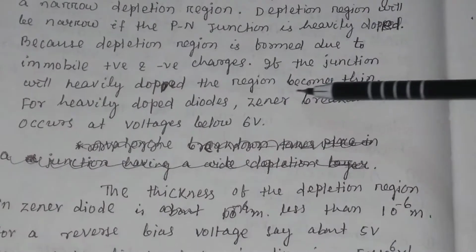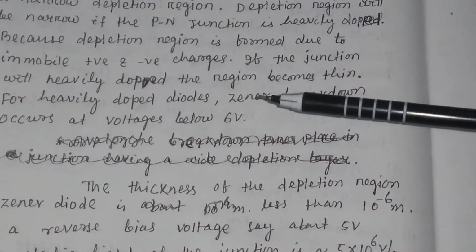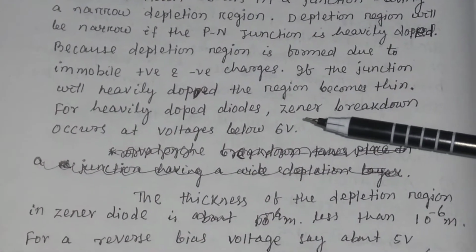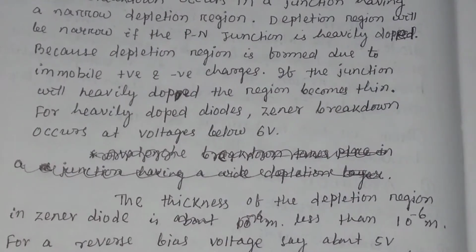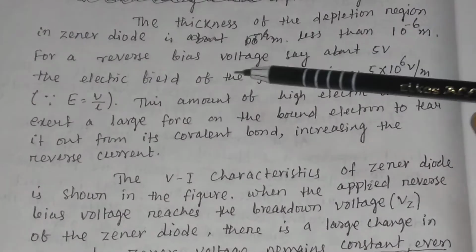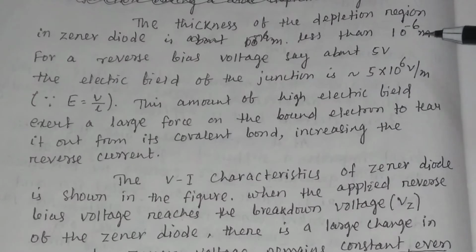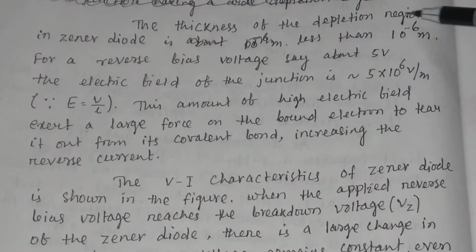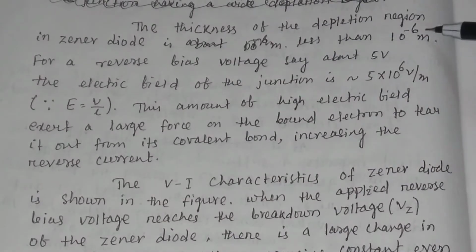For heavily doped diodes, Zener breakdown occurs at a voltage below 6 volt. Normally we use the Zener diode whose breakdown voltage occurs below 6 volt. The thickness of the depletion region in Zener diode is basically less than 10 to the power minus 6 meter. Remember, the thickness of the depletion region of Zener diode is basically less than 10 to the power minus 6